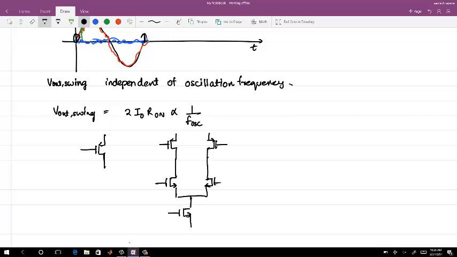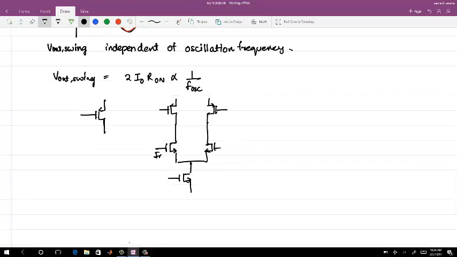Okay, so IN and IN bar, and this was I naught. Okay, so what I want to do, I want to change the I naught with respect to my R, or R with respect to my I naught, whichever way you want to take it. So one way to do this is,